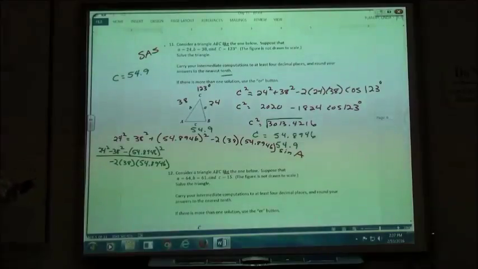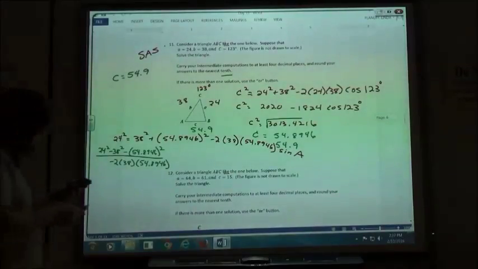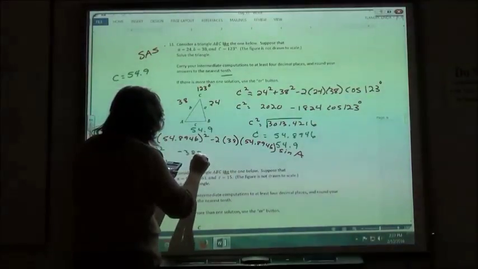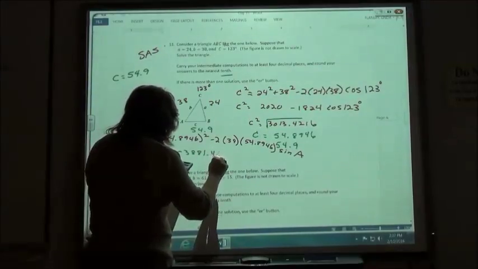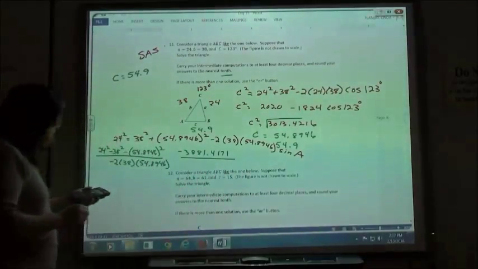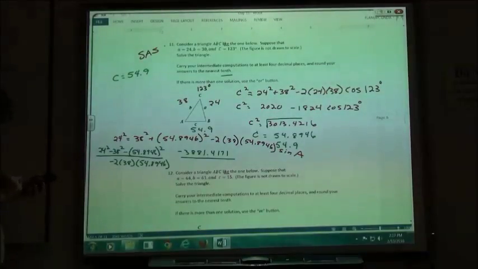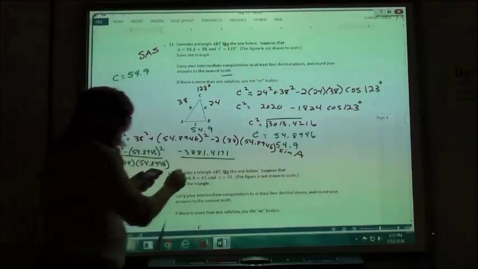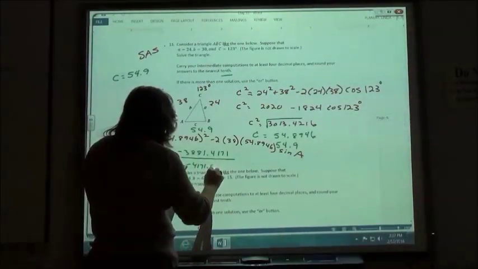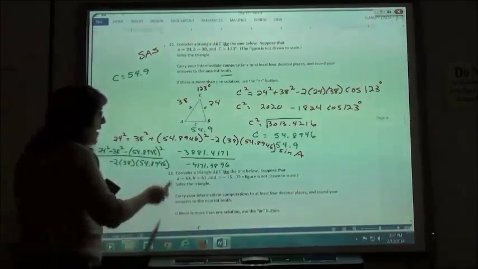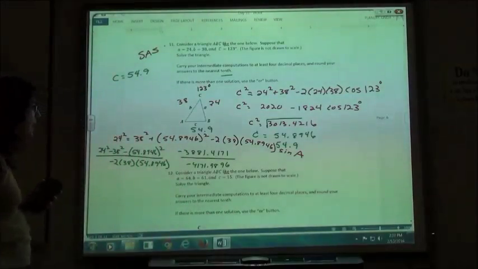So on the top of my fraction, 24 squared minus 38 squared minus 54.8946 squared gives me negative 3881.4171. On the bottom, negative 2 times 38 times 54.8946 gives me negative 4171.9896. Again, I have a negative over a negative, so I'm going to use a positive, and I'm going to